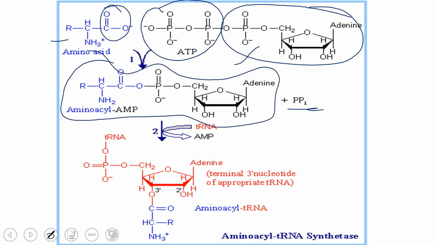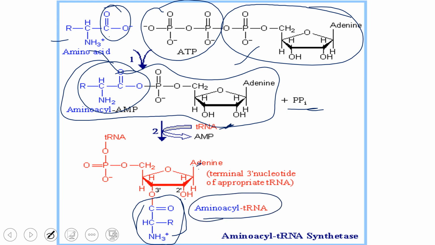So this is your amino acyl AMP. In the next reaction tRNA will be utilized. This portion will be transferred to the tRNA. This is adenine, CCA का adenine, and this is 3' OH. On this portion the amino acid has been acylated. So this is amino acylated tRNA और loaded tRNA और charged tRNA, जो भी आप बोलना चाहें बोल सकते हैं. It is the same thing.